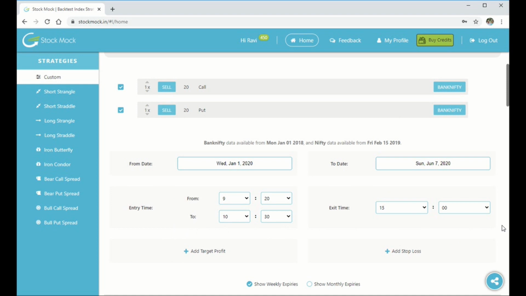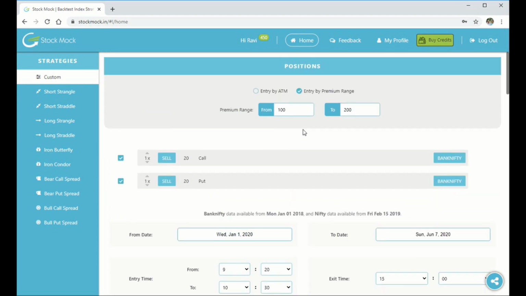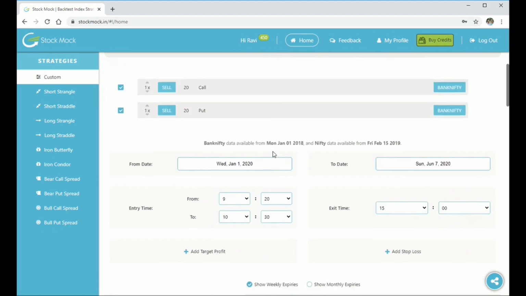Having said that, this particular method to enter the strike prices based on premium range is right now available only for intraday strategies.